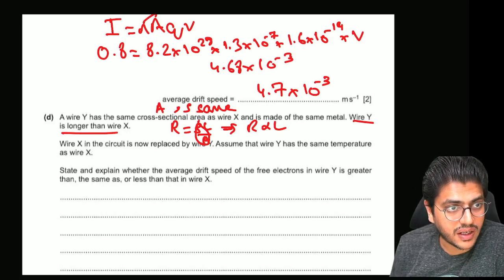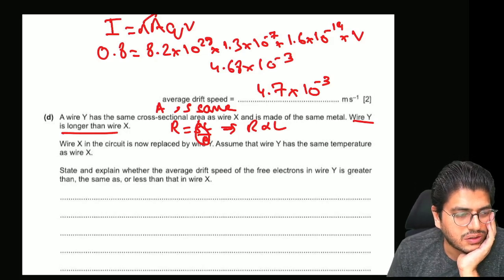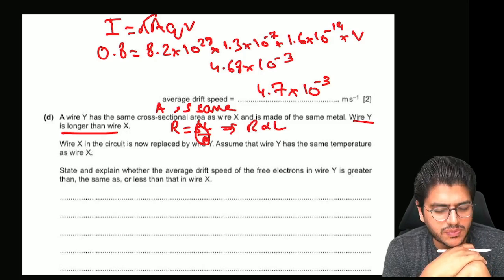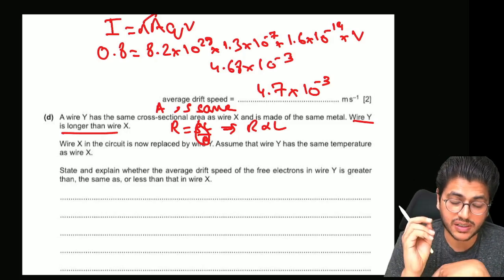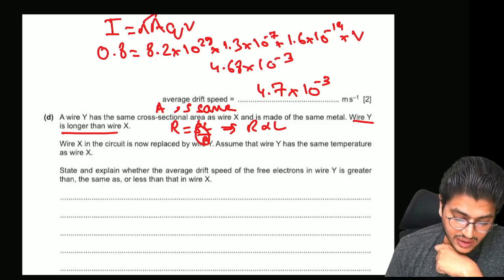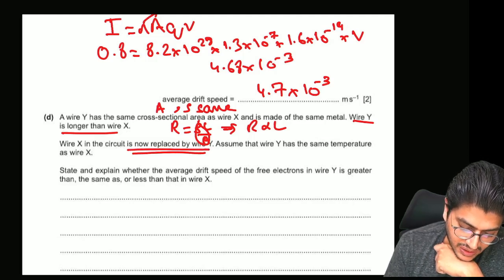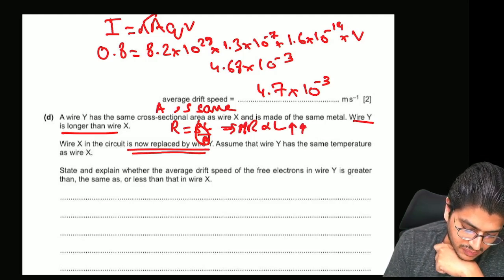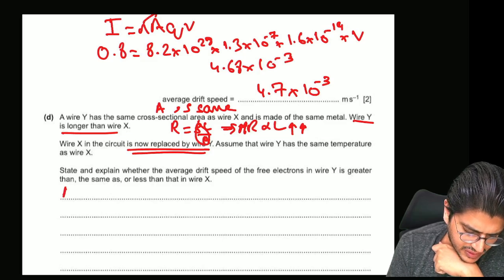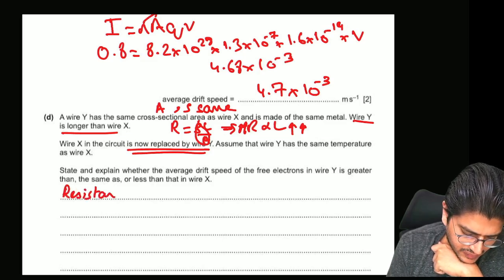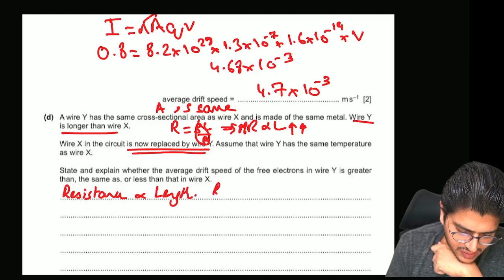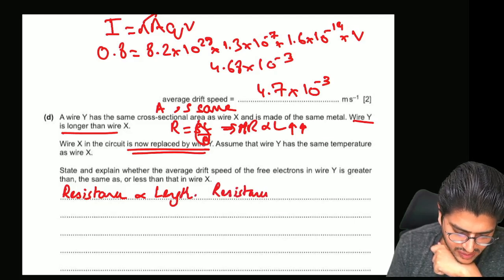They do have a direct relationship. All right, the wire X in the circuit is now replaced by wire Y. So basically, what you're doing is increasing the resistance because the length is more. Because the resistance is proportional to length,